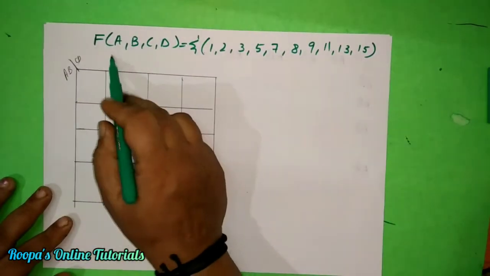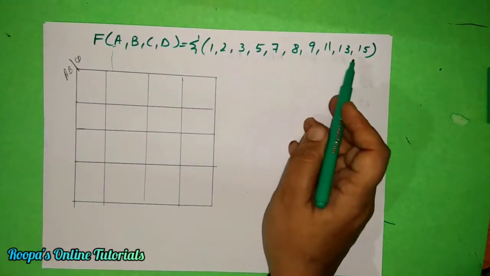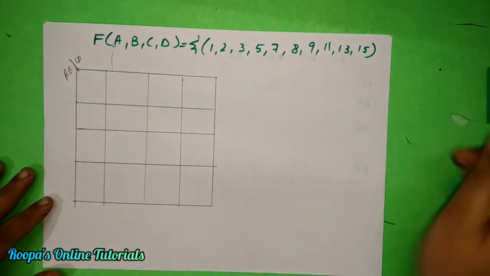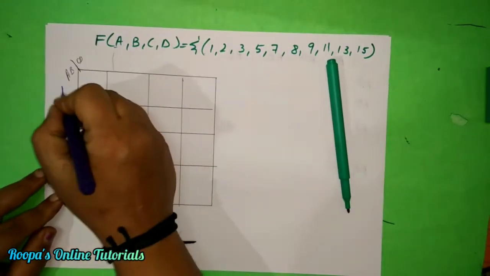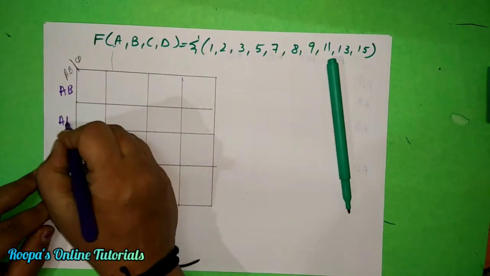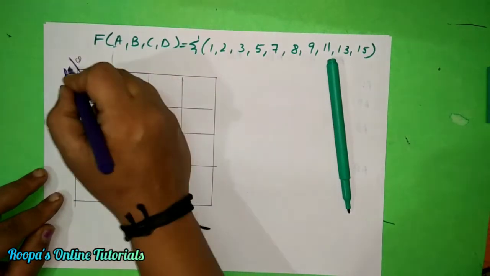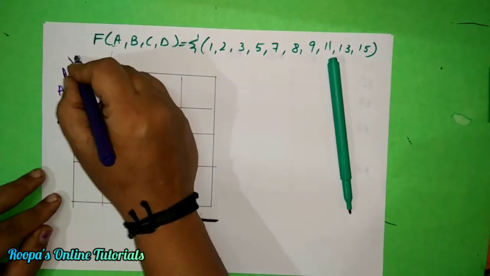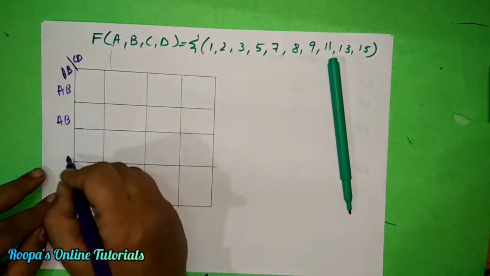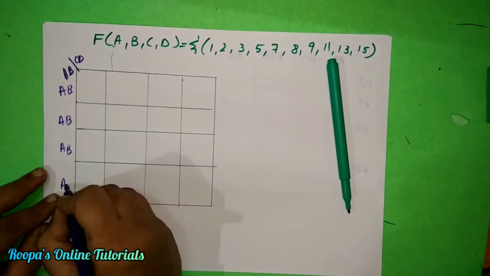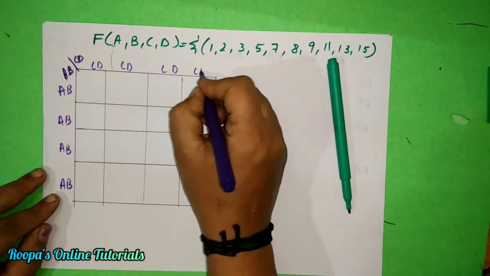Now quickly we'll look at one problem in K-map. Here I have F of A, B, C, D equals the minterms 1, 2, 3, 5, 7, 8, 9, 11, 13 and 15. Here I'm going to show you how to do the marking. You would have already learned this, but as a quick refresher, here I have put A, B and C, D. The first step is to see what variables we have. If we have PQRS, please put it as PQRS. Here we have A, B, C, D, so I mark A, B on one side and C, D on the other.